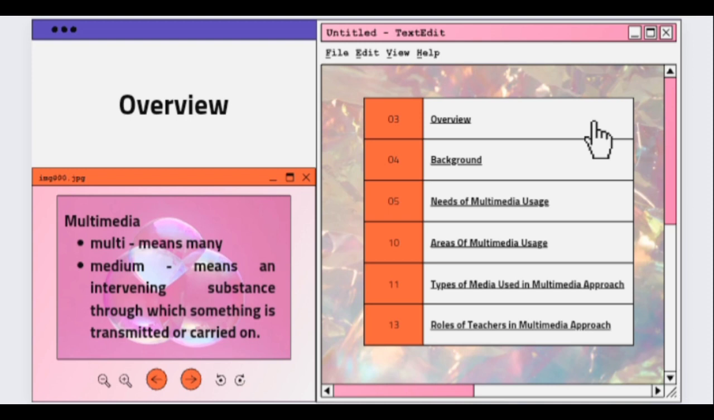So multimedia is separated into two segments from the word itself, multi and medium. Multi means many, medium means an intervening substance through which something is transmitted or carried on. So yes, it is true, because in today's digital age, multimedia has become increasingly popular and accessible. And not just that, it also allows us to use multiple mediums to transmit information in a more engaging